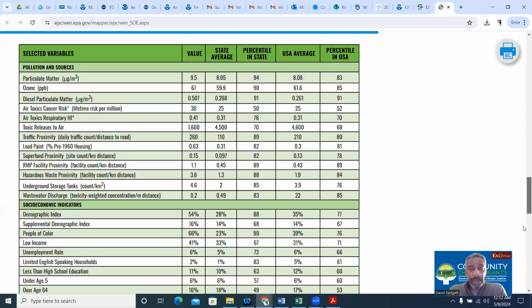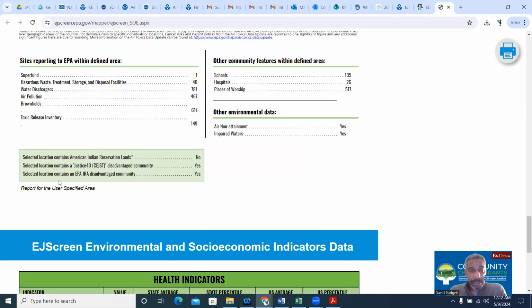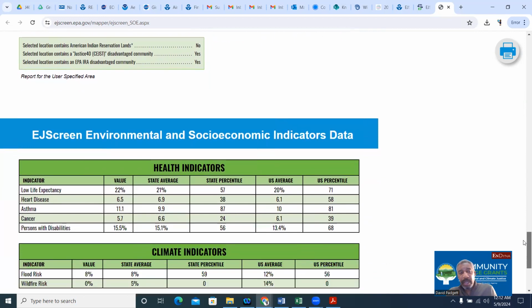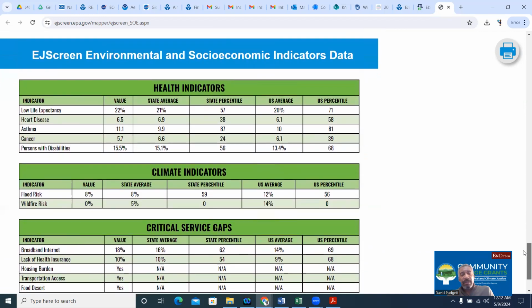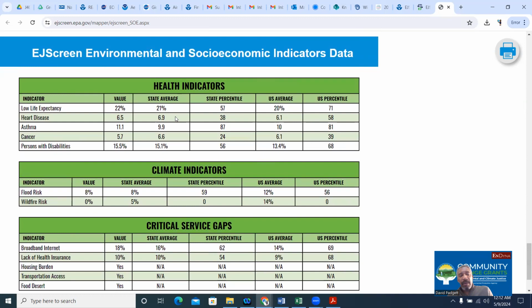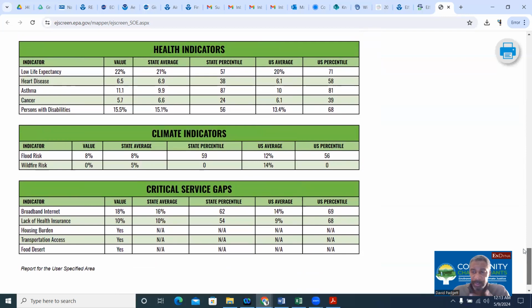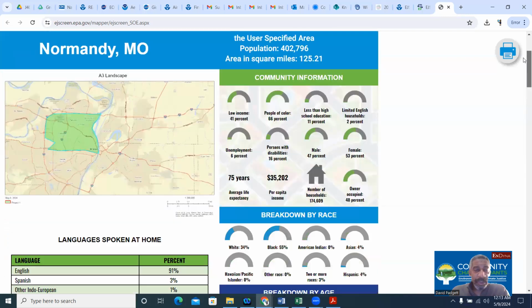Okay, and even here it says that this area contains an IRA disadvantaged community. Yes. Justice40 disadvantaged community. Yes. So you have verification already locked in. And then we have life expectancy, heart disease, asthma, above average. So a lot of indicators are built right into this tool, and you can flesh them out immediately after you